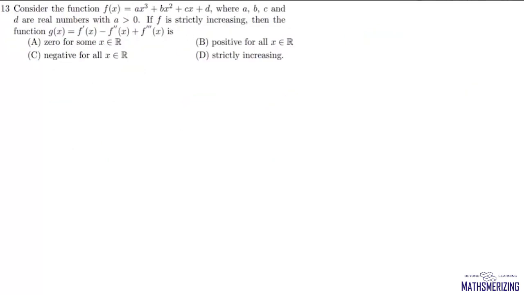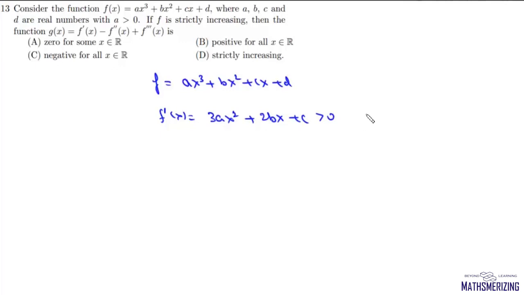Now question number 13 is, consider a function f where a, b, c, d are real numbers and a greater than 0. If f is strictly increasing, then this function g, which is f dash minus f double dash plus f triple dash, is which of the following options? Now given that this function f is ax cube plus bx square plus cx plus d, and it is strictly increasing. It is strictly increasing if f dash x, which is 3ax square plus 2bx plus c, is greater than 0 for all